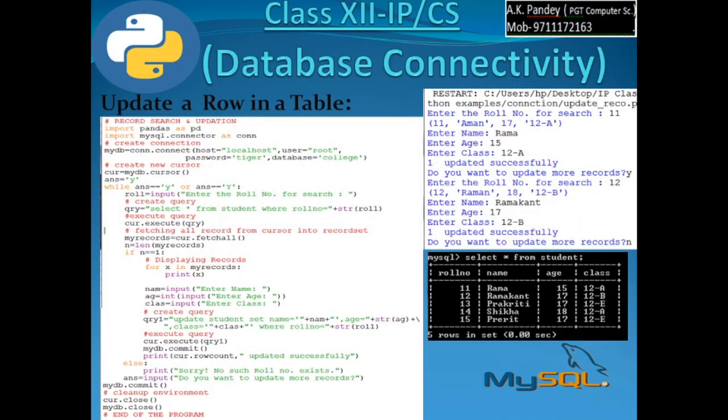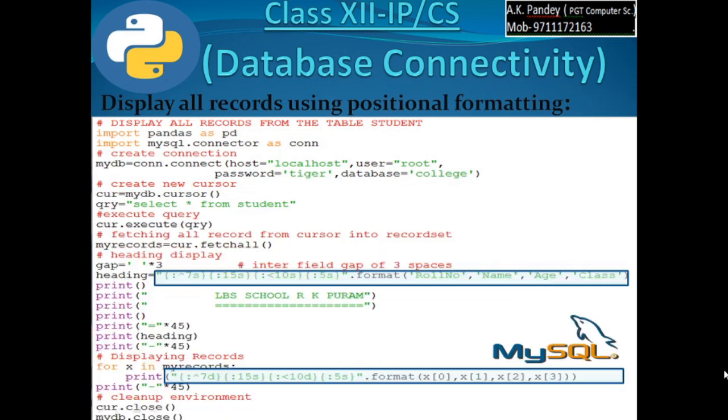Similarly X of 3, the fourth element, that is the class inside the result set. In my records the last content is class.